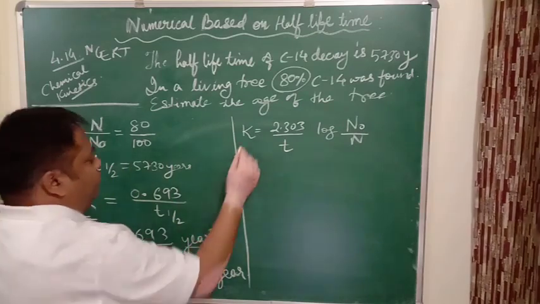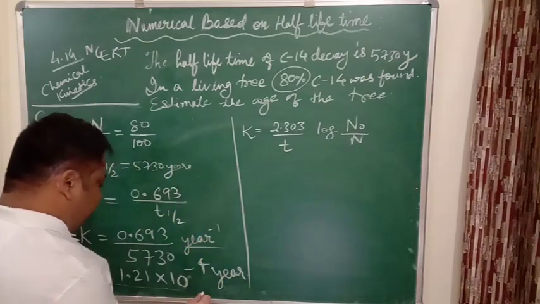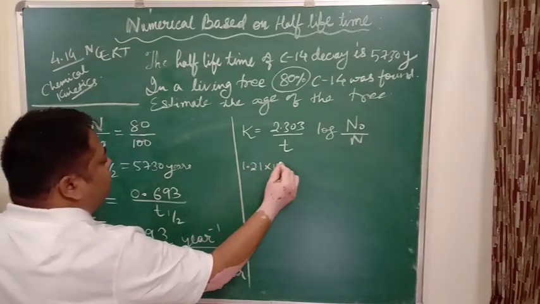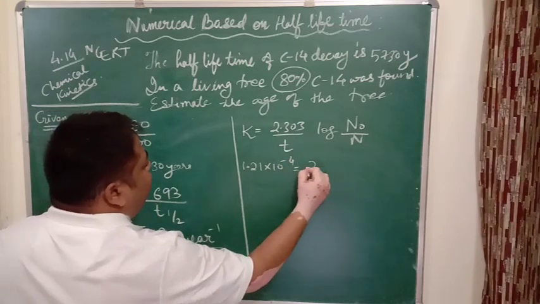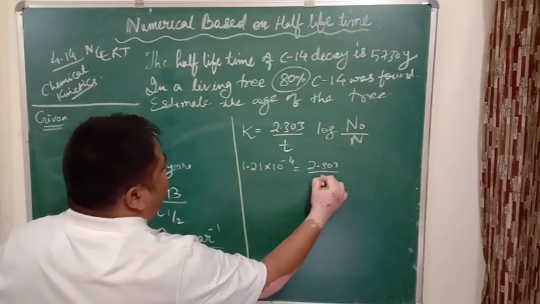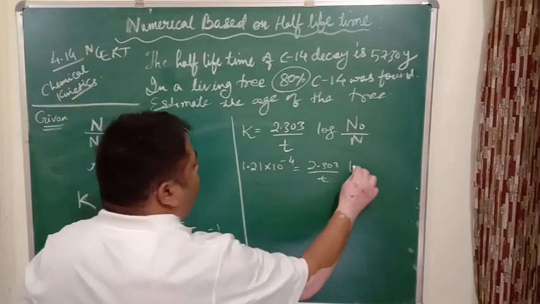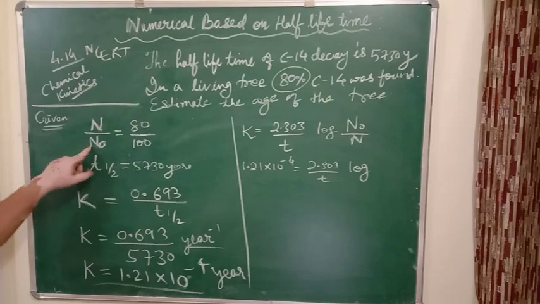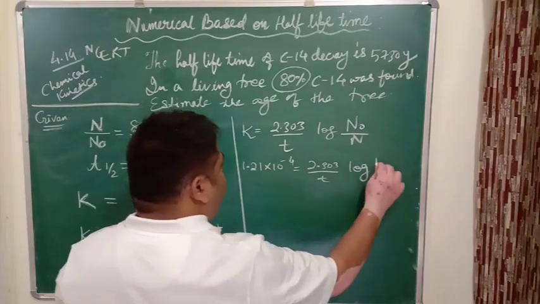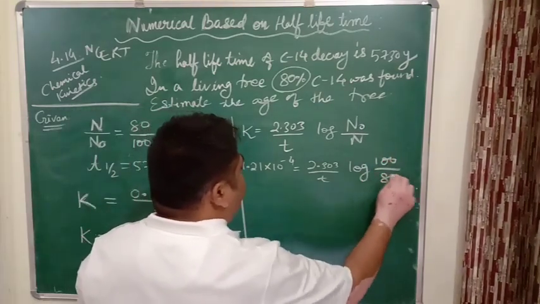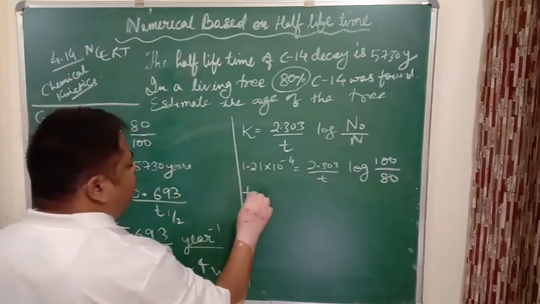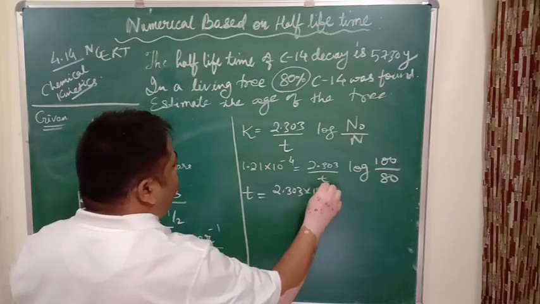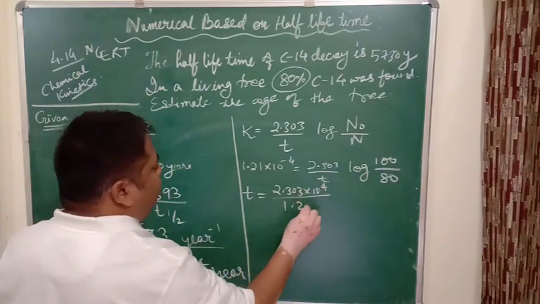We can write the value of k which we found, 1.21 × 10^-4 = 2.303/t log. If N/N0 is 80 by 100, then N0/N will be 100 by 80. So the time period will be 2.303 × 10^4 divided by 1.21